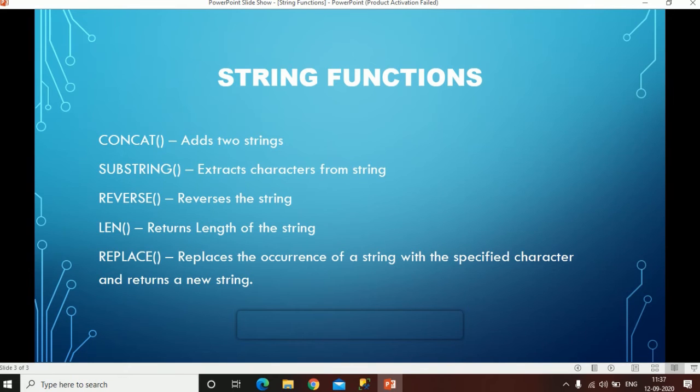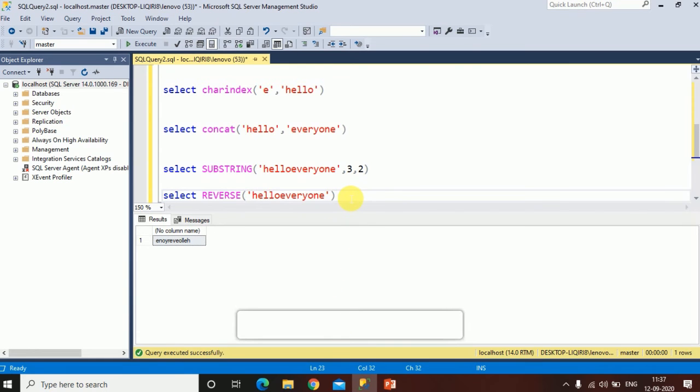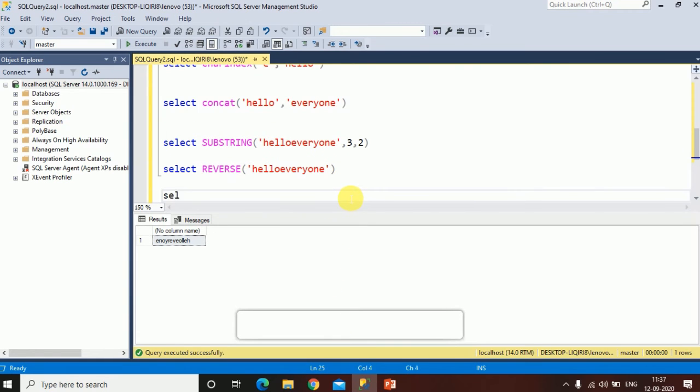Length: if you want to find the length of any string, we'll use the LEN function. If I want to find how many characters this string contains, I will use select LEN and specify the string here. It will return the number of characters contained in the string. So it contains 13 characters.